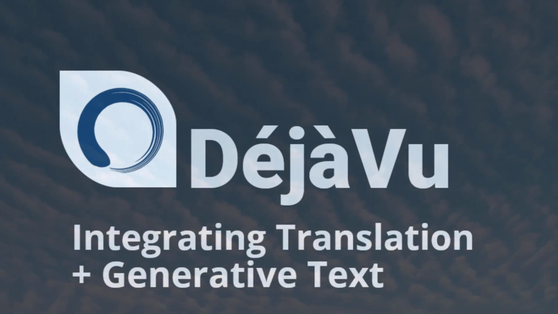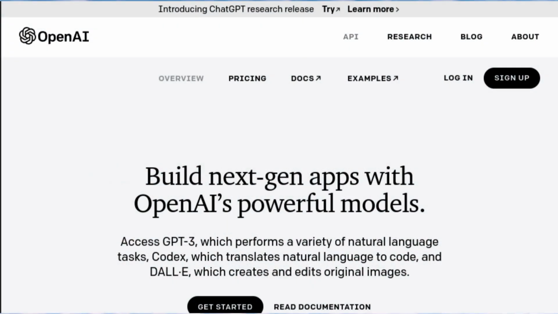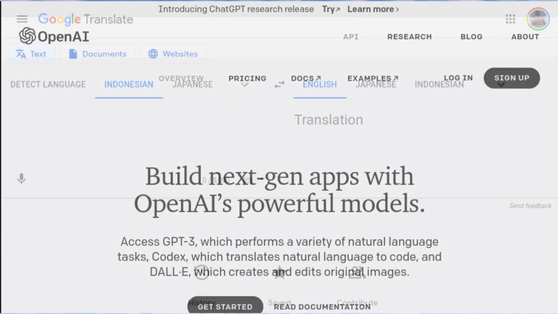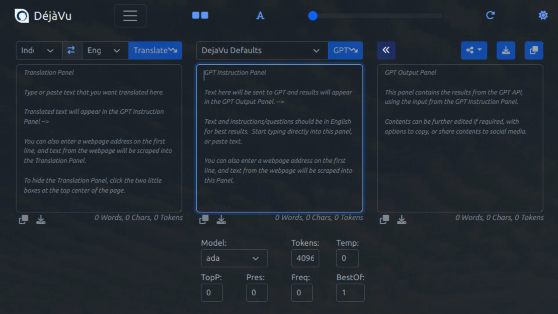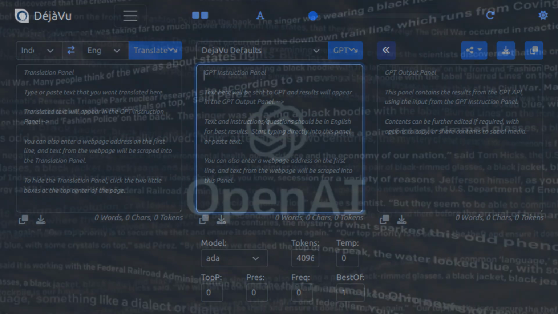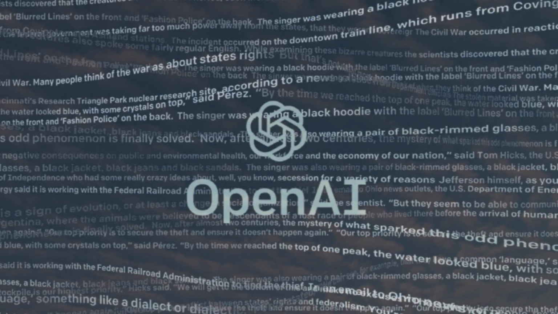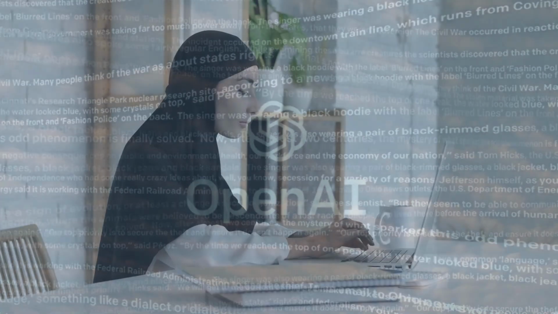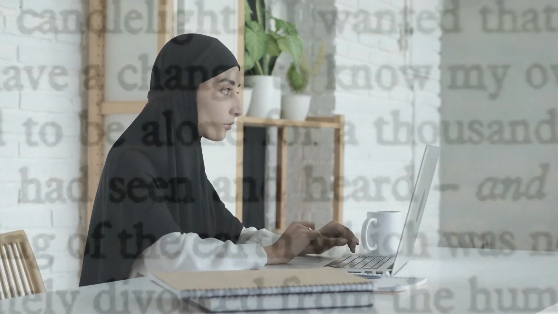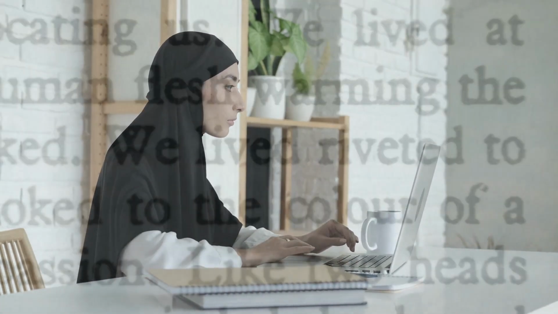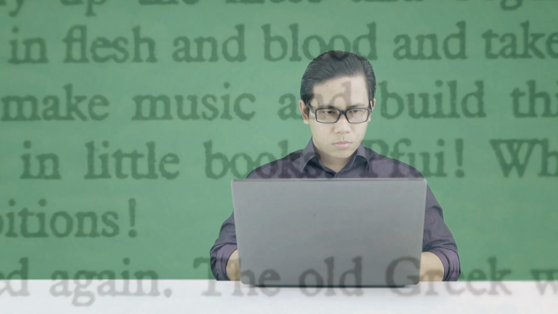Okusi's DéjàVu GPT interface integrates the power of OpenAI's GPT-3 and Google Translate in one application. GPT is a state-of-the-art natural language processing model developed by OpenAI. It uses deep learning to generate human-like text. GPT generates high-quality text that can be used in a variety of applications, including natural language understanding, text generation, question